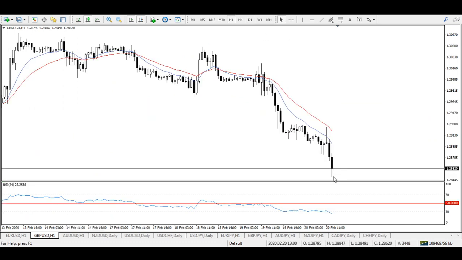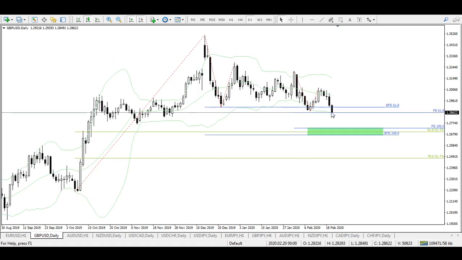So we have just exited our sell position right now. We had targeted this area, and while I'm making the video, our sell position has just reached our take profit. One thing is irrational in GBP USD though, and that thing is